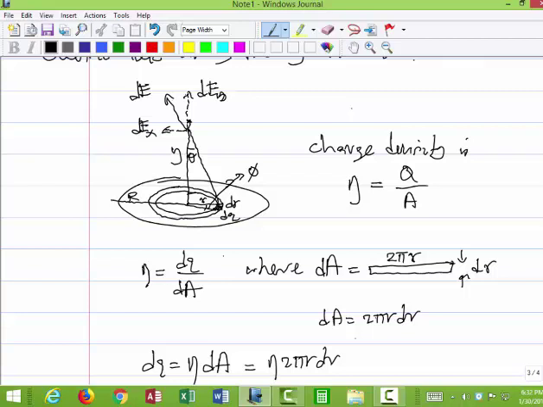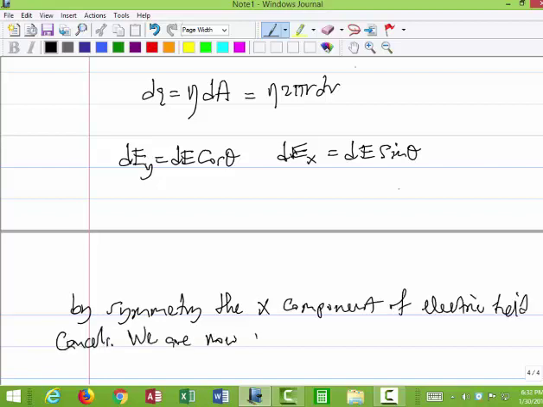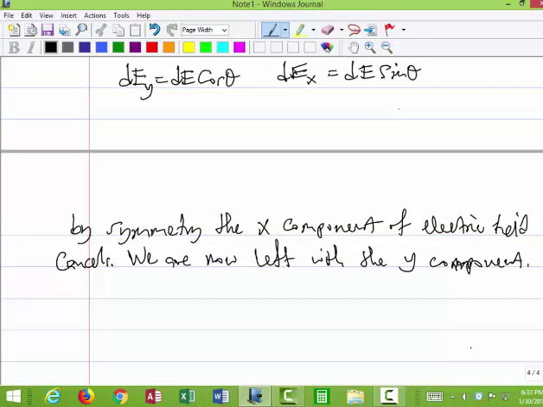So we're just going to be left with a y component for the electric field, which is going to be dE cosine theta. So by symmetry, the x component of the electric field cancels. So we are now left with the y component only. So dEy is dE cosine theta. So the electric field in the y direction is just the integral of dE cosine theta,